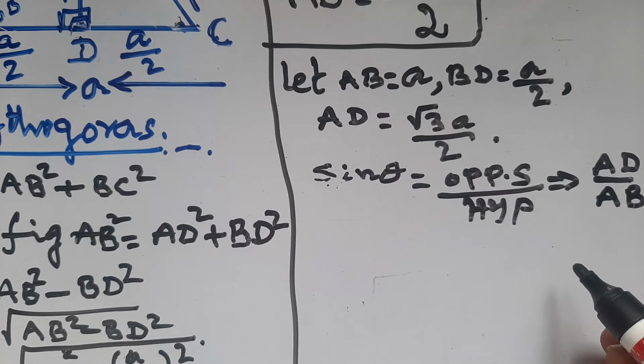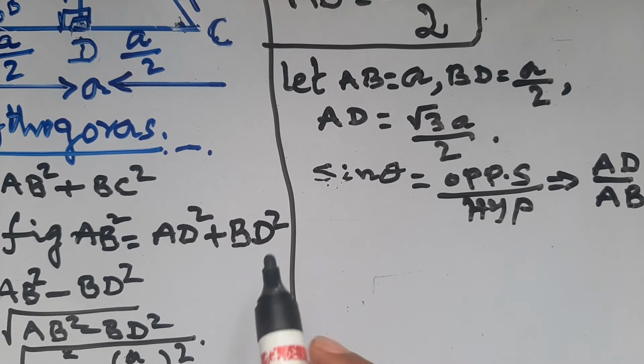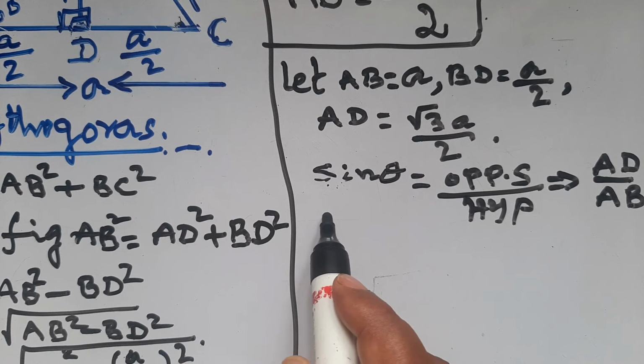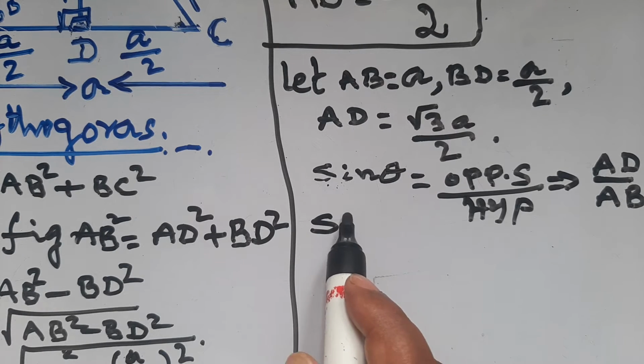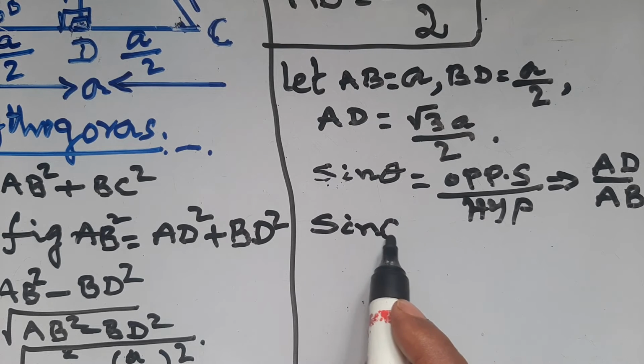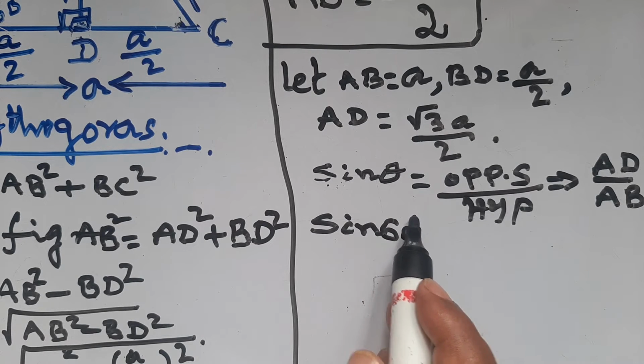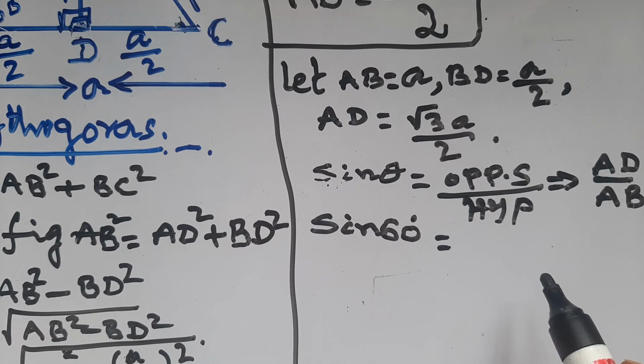Okay, this is there. Now, in the place of theta we have to take 60 degree, sin 60 degrees is equals to AD. What is the value of AD? Root 3 by 2a,